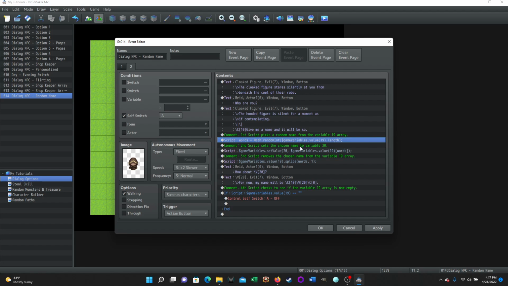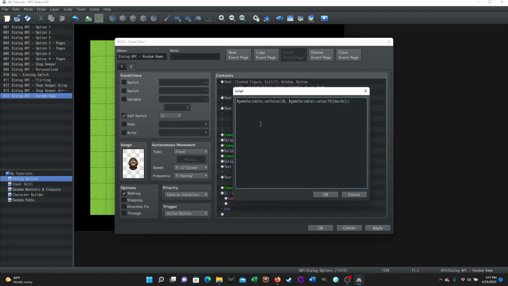So then comment number 2 says, okay, the second script is going to set the chosen name. I put the comment like that because I know that the values in variable 19 as an array are names, so that just helps me remember. It sets the chosen name to variable 20, because variable 20 is what we're going to use to display that chosen name. And so here is the script: $game variables dot set value 20 is the variable, comma, and then